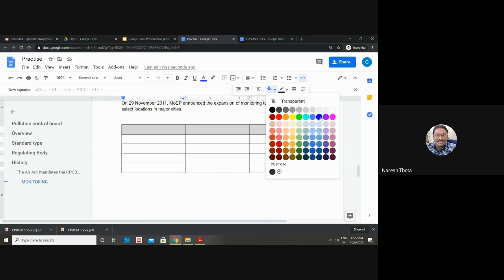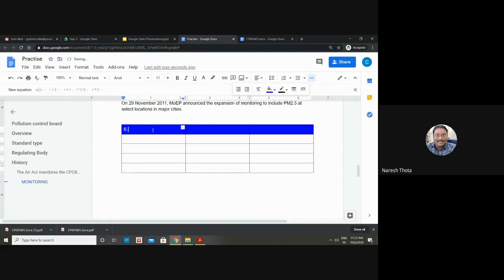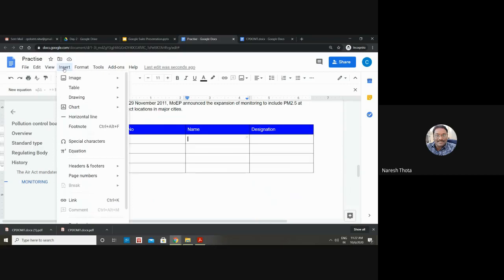Fill the color as a header, and you'll have white text. Let's assume this is number, name, and designation. So you can have all the simple data in tabular form, whichever way you decide. So this is a table.